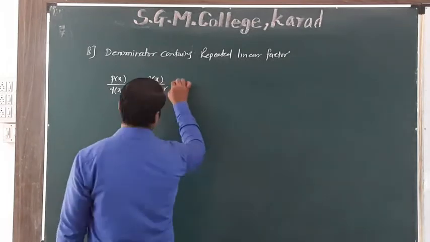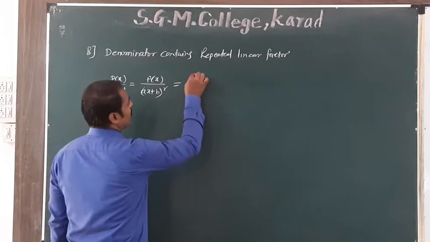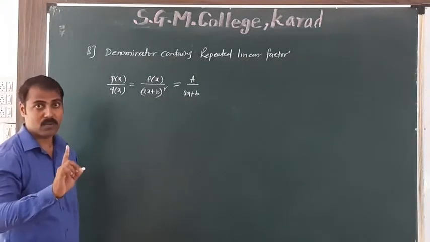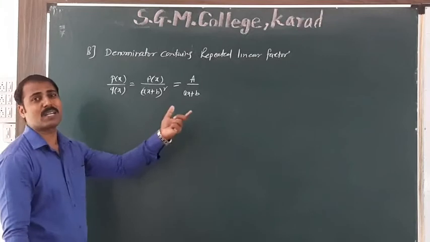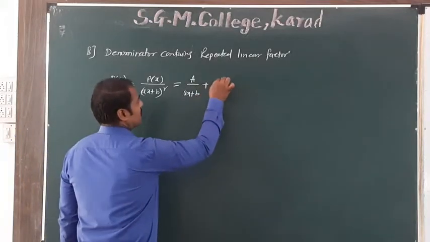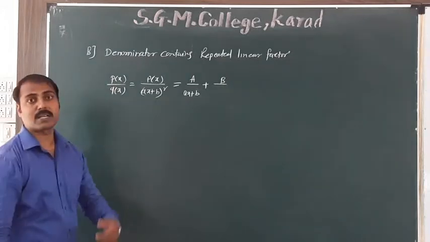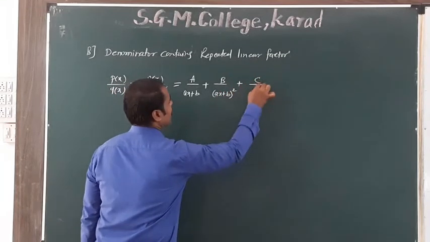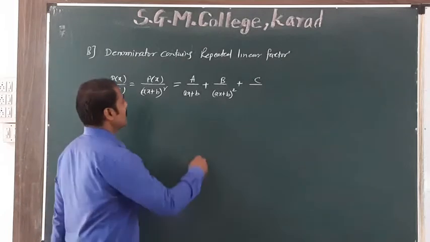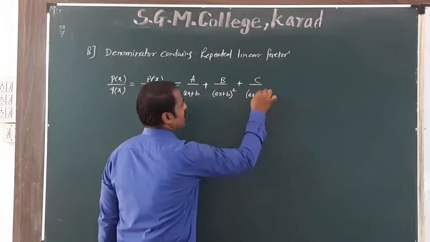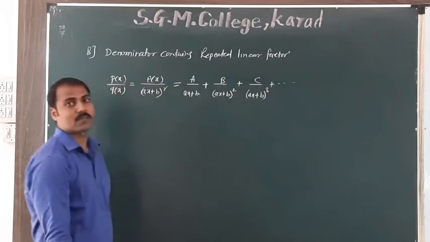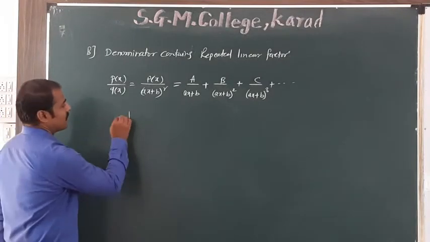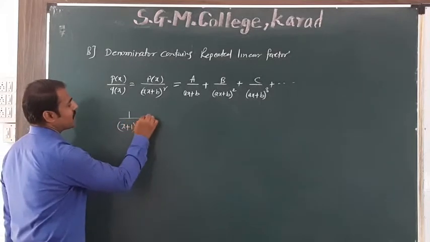So its corresponding partial fraction is in the form of A divided by (ax + b), consider that factor one time, plus B divided by (ax + b) squared, consider that factor repeated two times, plus C divided by (ax + b) cubed, consider that factor repeated three times, plus so on, r times, that constant, say K, divided by (ax + b) raised to r. For example, here is the example: